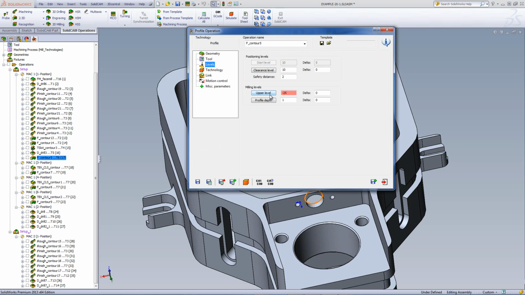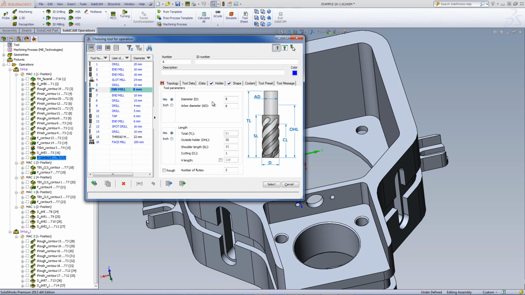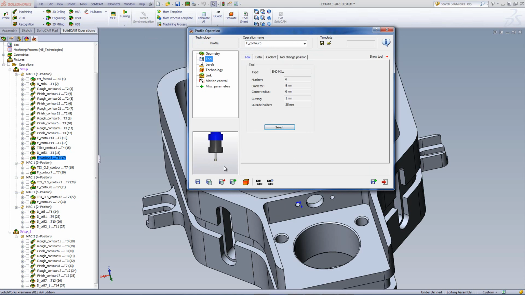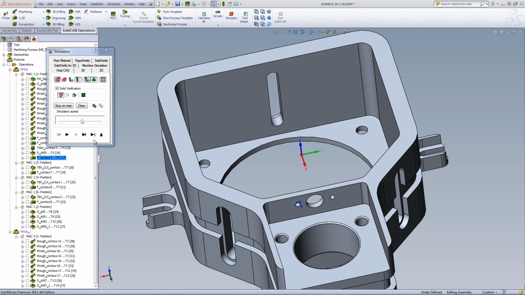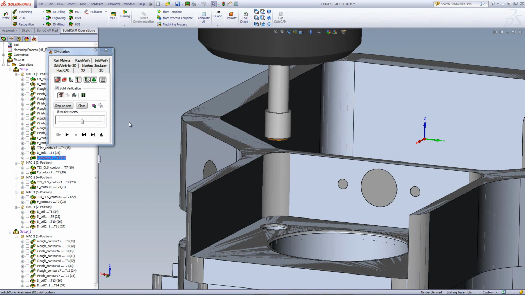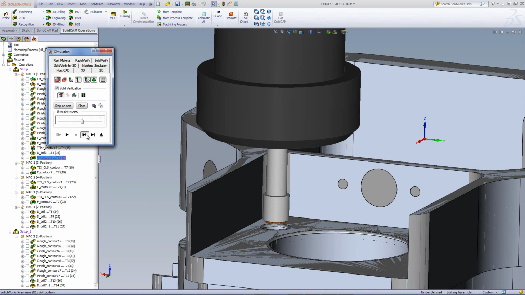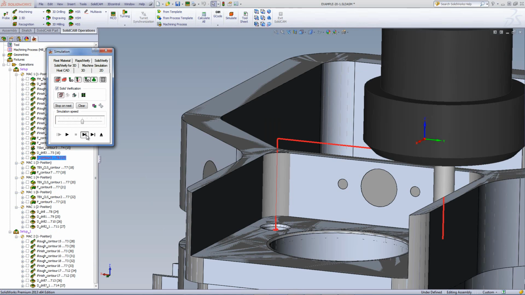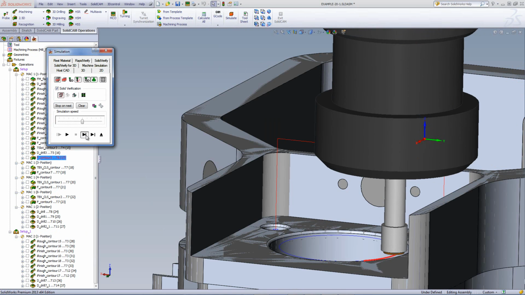For my levels, I have my upper level over here, and my profile depth is how deep I want to have my tool go down. Now, let's just go back to my tool itself. The value that I have inside my diameter of 8 millimeters represents the actual small diameter that I have over here itself. This is the actual diameter that I want to have to go up until this geometry. If I were to take a look now at my simulation, you'll see that the tool will go down. You can see the actual radius of the tool going down, milling out the radius,